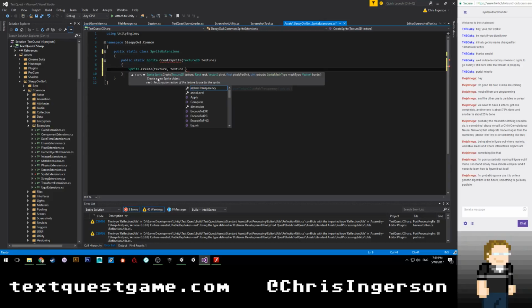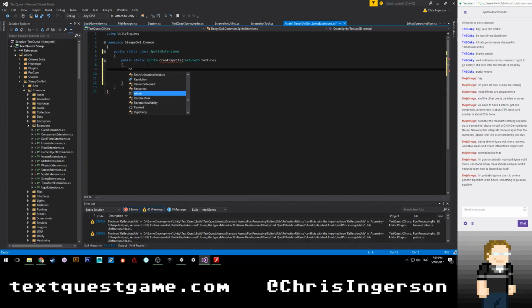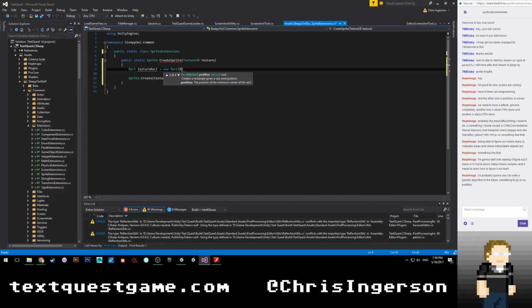I think it's, hold on. So, not public, rect texture rect is equal to new rect, and we're just going to give it, I guess this, so 0, 0, no, I guess it might be 0f, 0f,